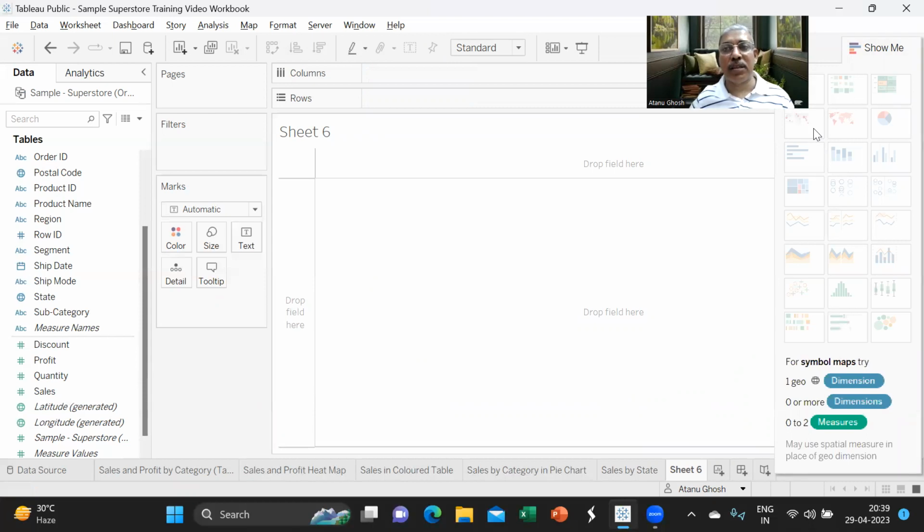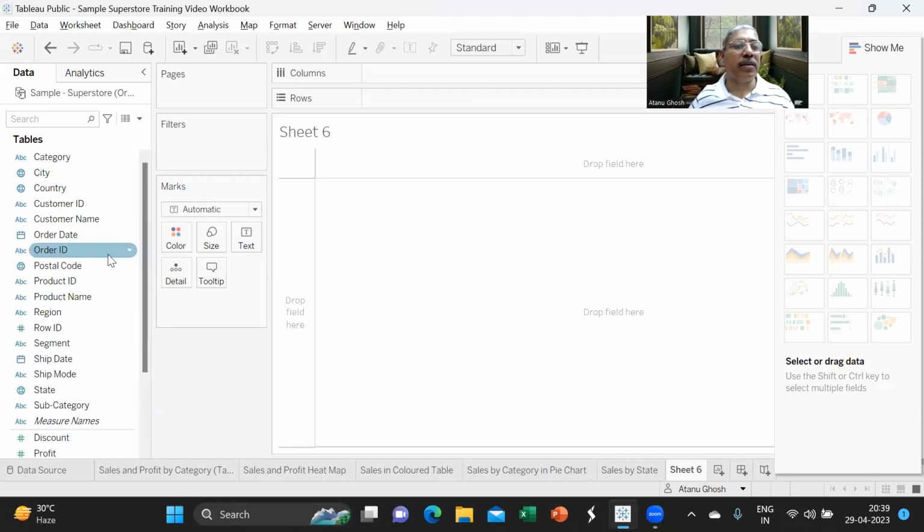And as we mentioned, this chart we are going to use for those geographical units that are smaller in size and which do not have fixed geographical boundaries. So let us try cities. Now that we have a circle, we have two attributes available to depict two different measures. So we'll use size to depict sales and color to depict profit. So let us take the city.